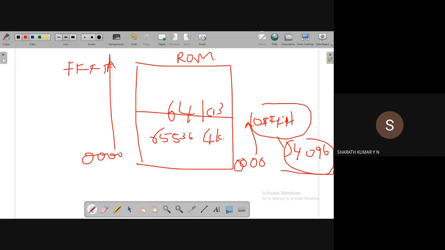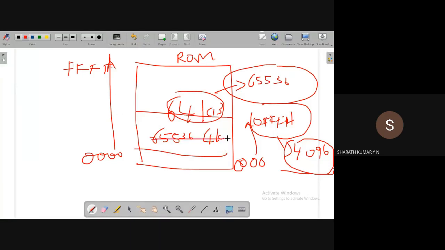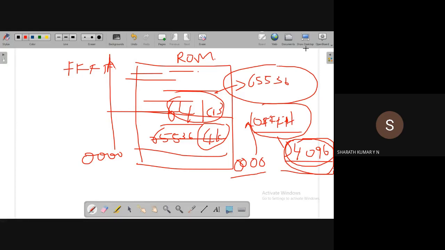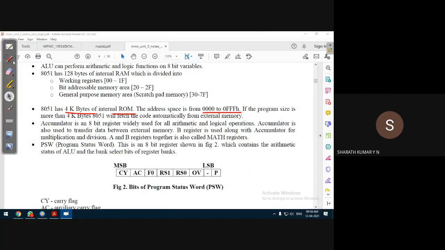For 64 kilobytes, the decimal value is 65,536, which represents the number of locations in the memory. Similarly, if the memory is only 4 kilobytes, it will start from 0000 and end at 0FFF. The total number of locations will be 4096. So that's what is explained here.